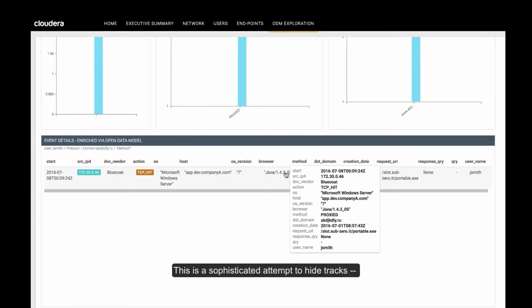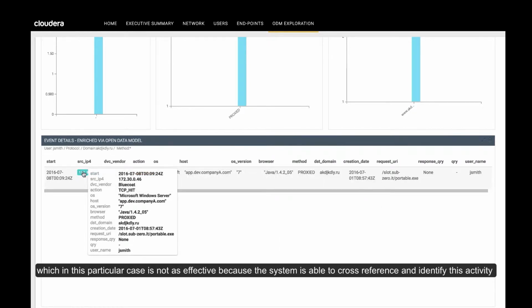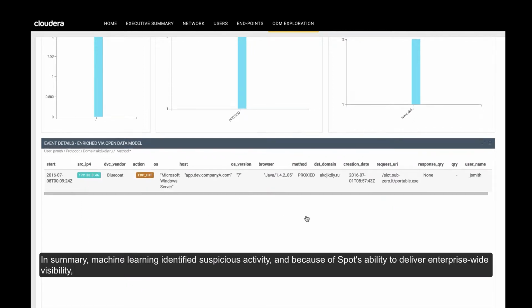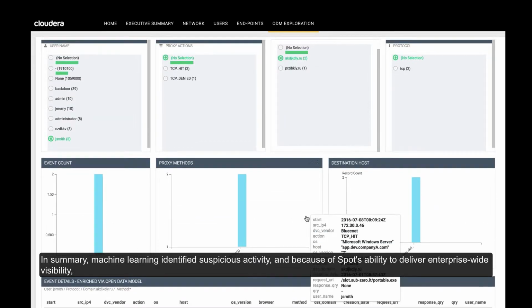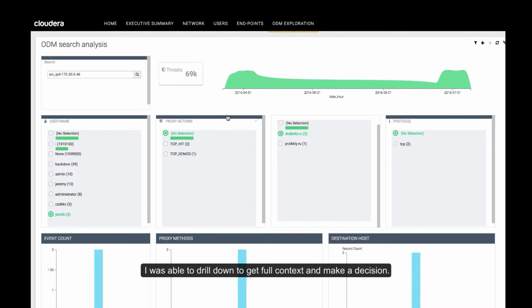This is a sophisticated attempt to hide tracks, which in this particular case is not as effective because the system is able to cross-reference and identify this activity as being associated with suspicious traffic based on artificial intelligence models in Apache Spot. In summary, machine learning identified suspicious activity, and because of Spot's ability to deliver enterprise-wide visibility, I was able to drill down to get full context and make a decision.